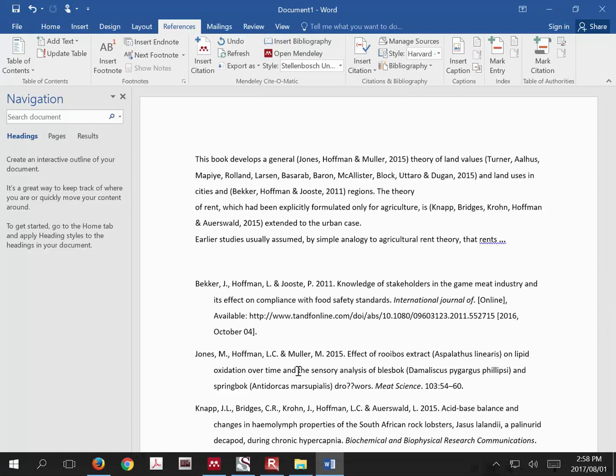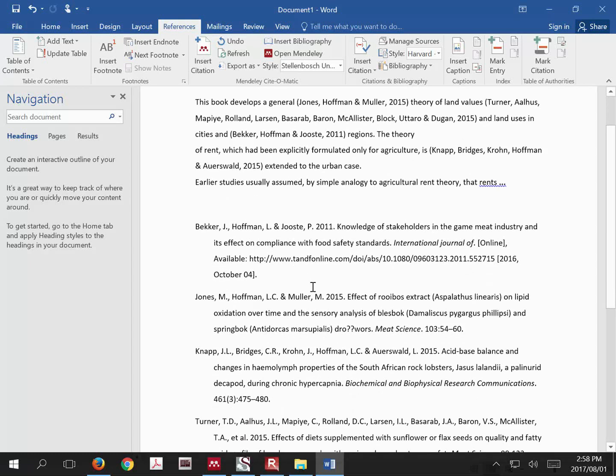Okay, and that's it, people. So all the citations that you've put in your Word document, only those references will appear in your referencing list over there. And remember, I have selected Stellenbosch University Harvard style, so my referencing here is according to the Stellenbosch University Harvard